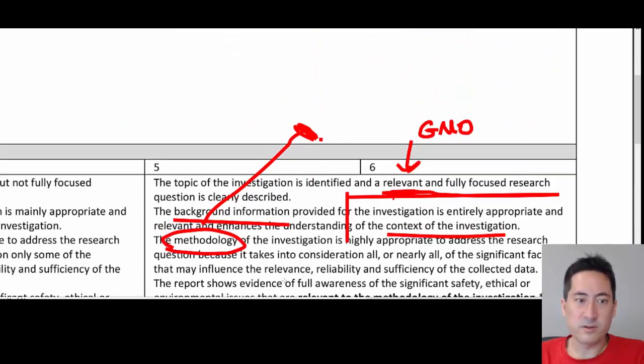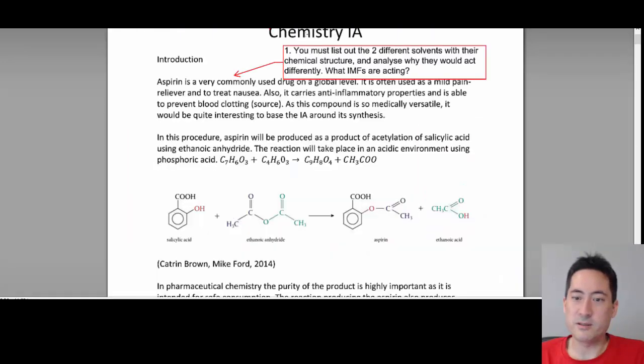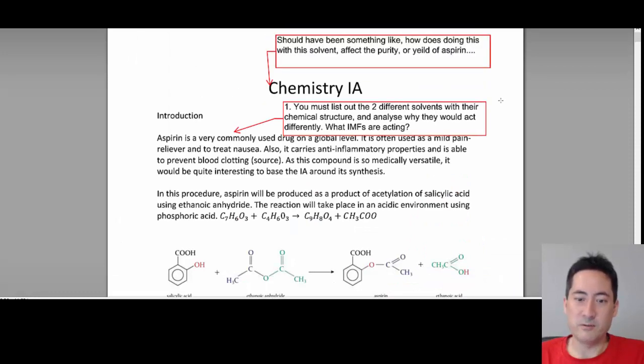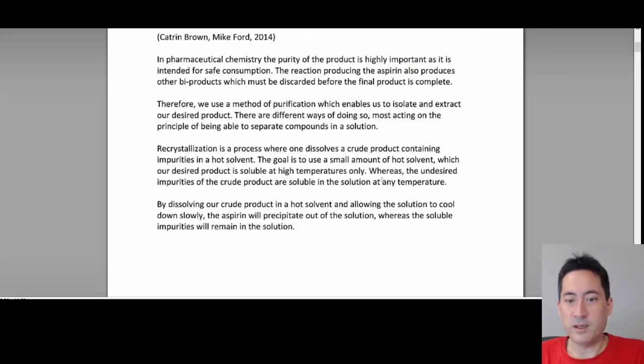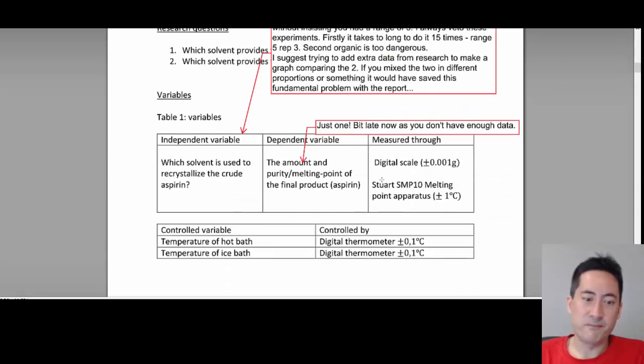So let me just go to a student example. I've got permission. Now this is not by any means one of the worst ones I've seen, but this one really annoyed me because, okay, fair enough, the whole thing is about comparing how well two different solvents take aspirin out. Where's the range of 5, the repetition of 3? I dare say, I'm sorry, it's probably going to be impossible to get a 7. The student told me, well, my teacher said I could do this, and the teacher even gave me the method, which is like, that's exactly what they're not meant to do.